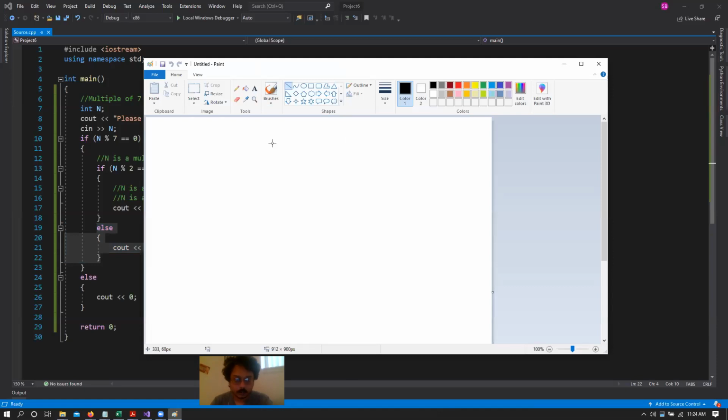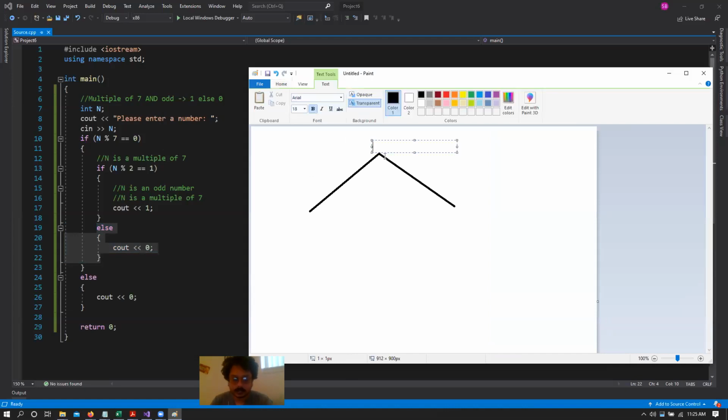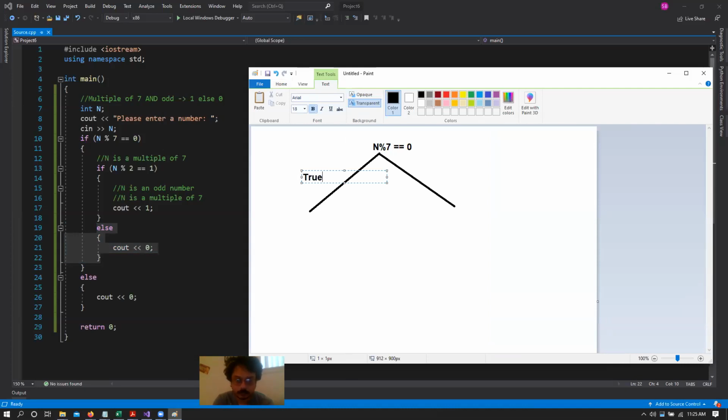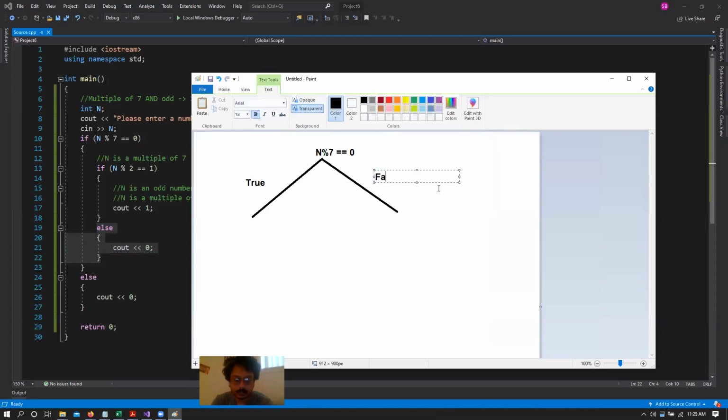So essentially this would look something like we have one condition here, the other condition going here. So we are checking the condition at some point here that checks if n mod 7 equals 0, right? Now if it is true, execute this part of your code. Otherwise, if this is false, execute this part of your code, right?